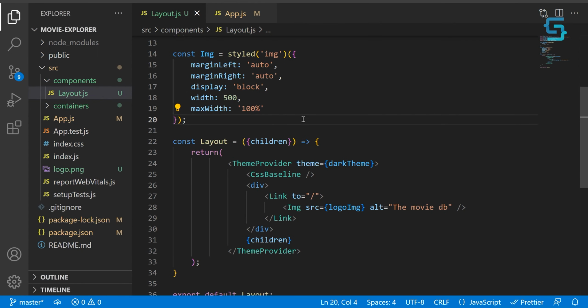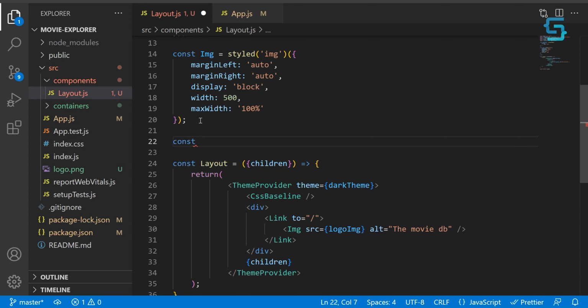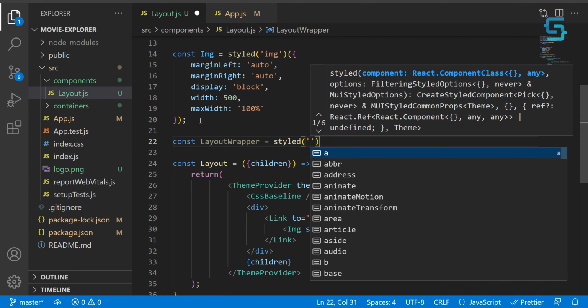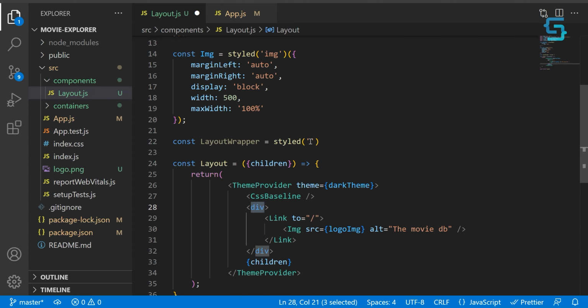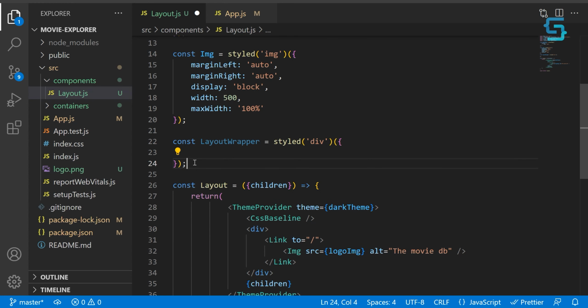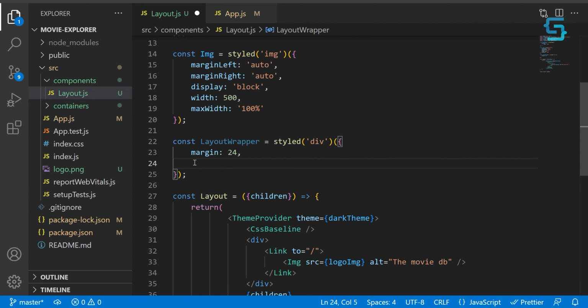Let's get back over to our layout file, and let's add some styles to this div. So again, we need to create an additional styled component. So let's name this one layoutWrapper, like so. Again, we're using styled, and again, for the first argument, let's name the HTML element, and for the second one, let's provide the object. First, I want to add some space around this layout, so add a margin of 24 pixels, set the width to be auto,